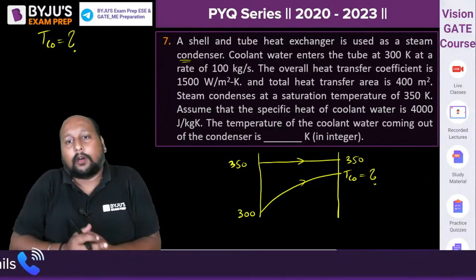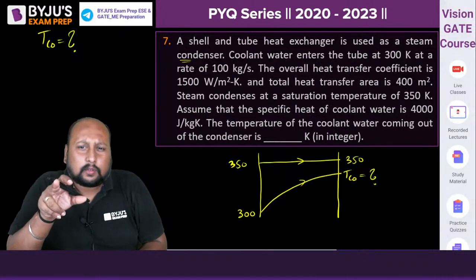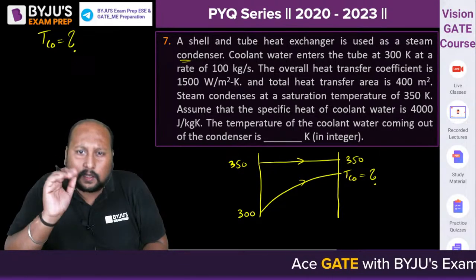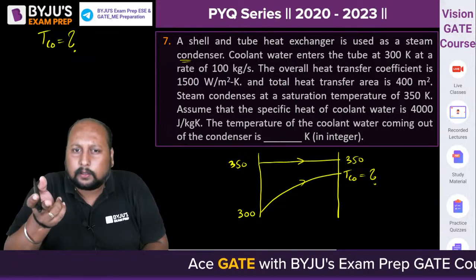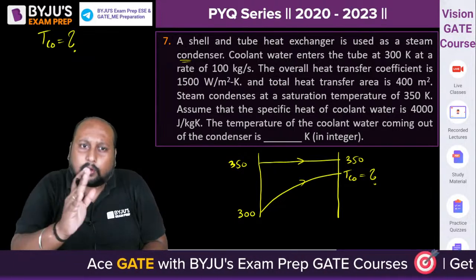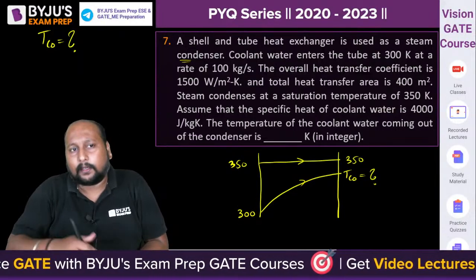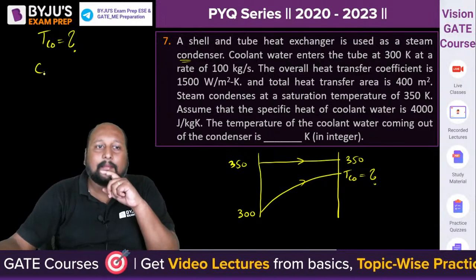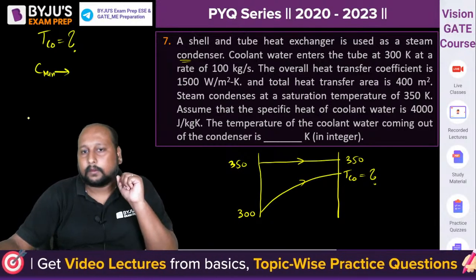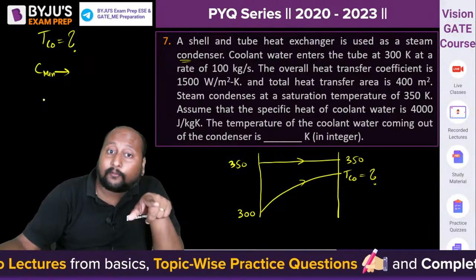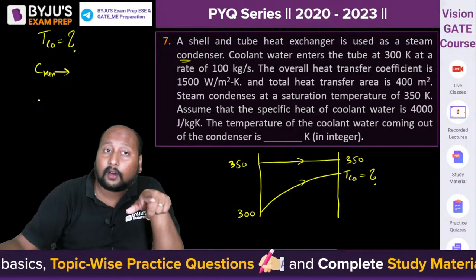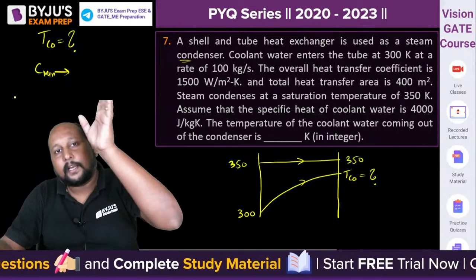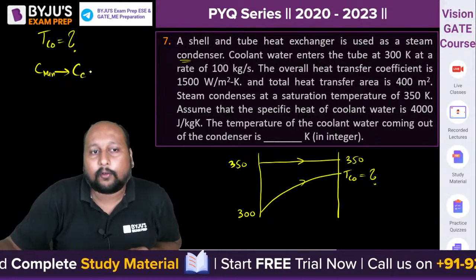You have to calculate the cold outlet. Now they have given some values. Overall heat transfer coefficient is given, and A is given, so we can calculate the value of your NTU. You can go for the effectiveness method, the epsilon-NTU method. Now, tell me one thing: which fluid will be having C minimum? Because hot fluid is undergoing your phase change phenomena, so definitely its heat capacity rate value will be tending to infinity.